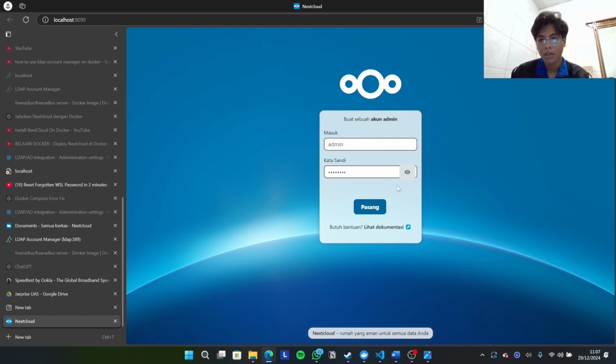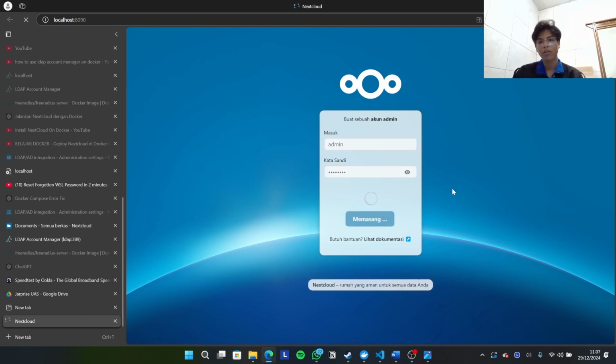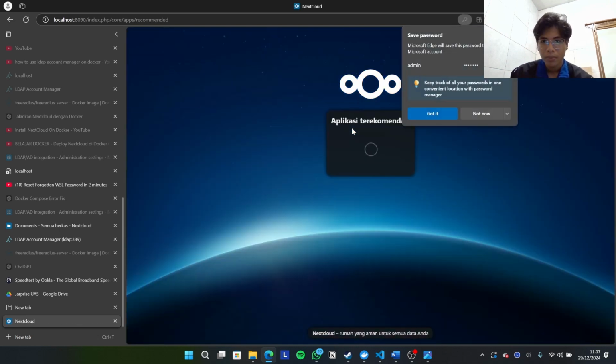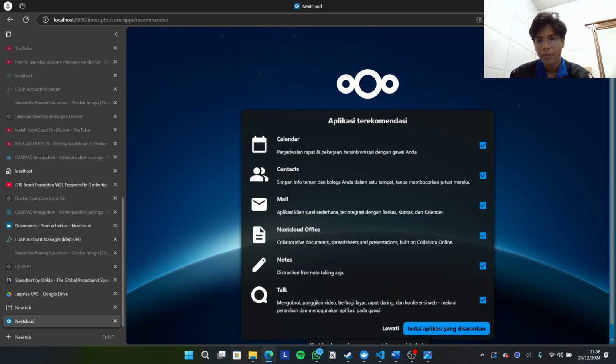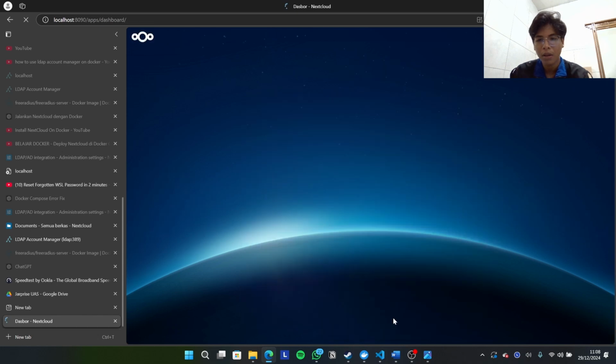Like this, and click install to install the Nextcloud and create the username admin. Okay, just click skip here.